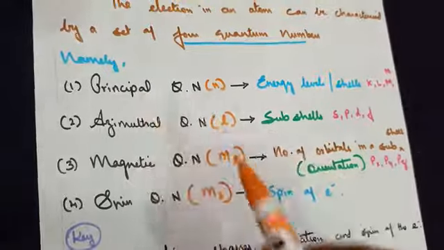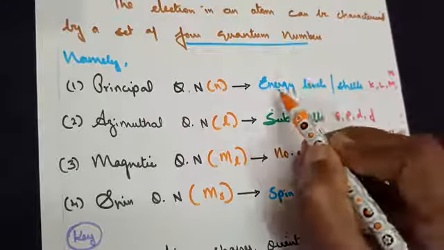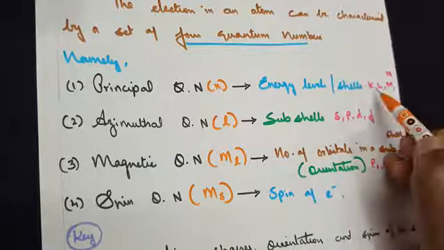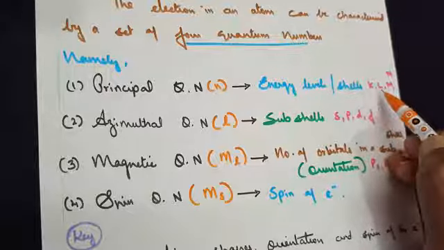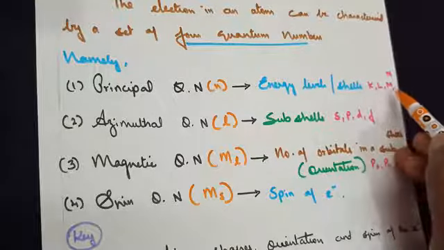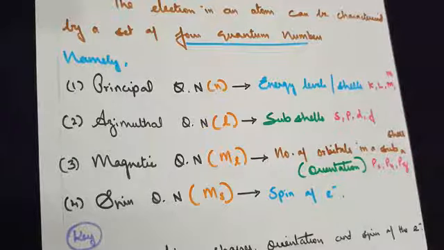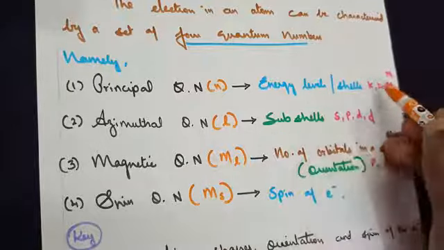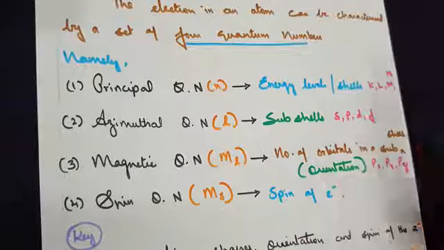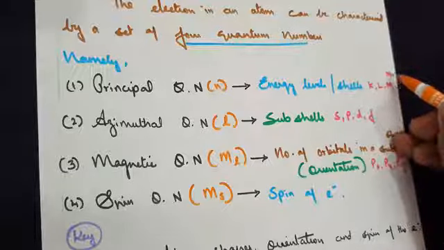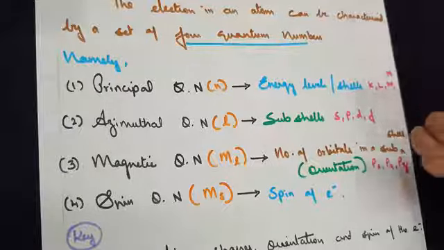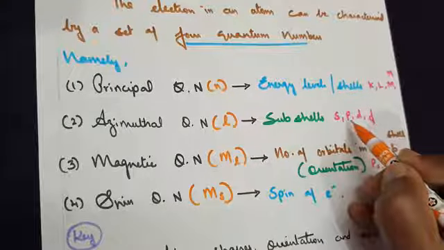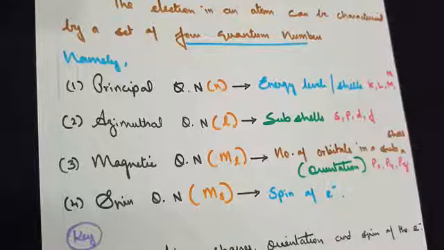What's the meaning of principal quantum number? It's the number of energy levels or shells present within the atom. As you have learnt in the lower classes, it's usually represented as K level, L level, M level, N level and so on. Azimuthal quantum number, when we say, it's the subshells of the main energy level or shells, meaning K, L, M and N are main energy levels. Further, they will have subshells within them. They are called s orbital, p orbital, d orbital and f orbital.